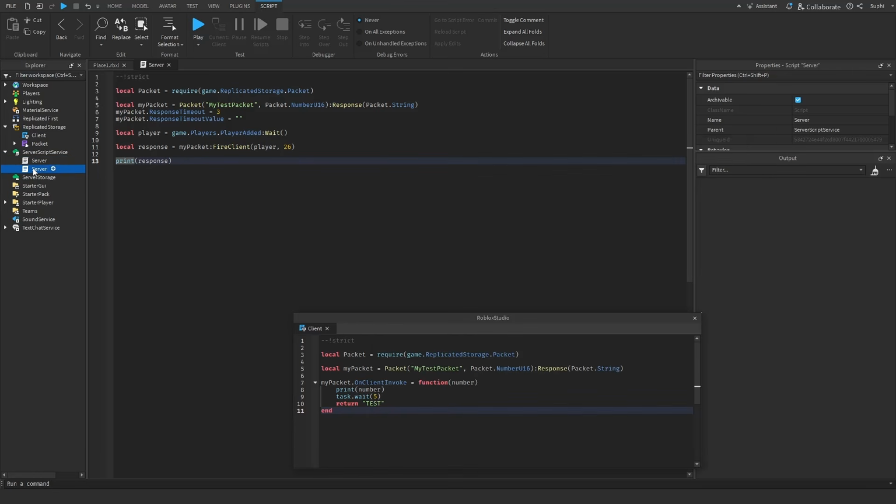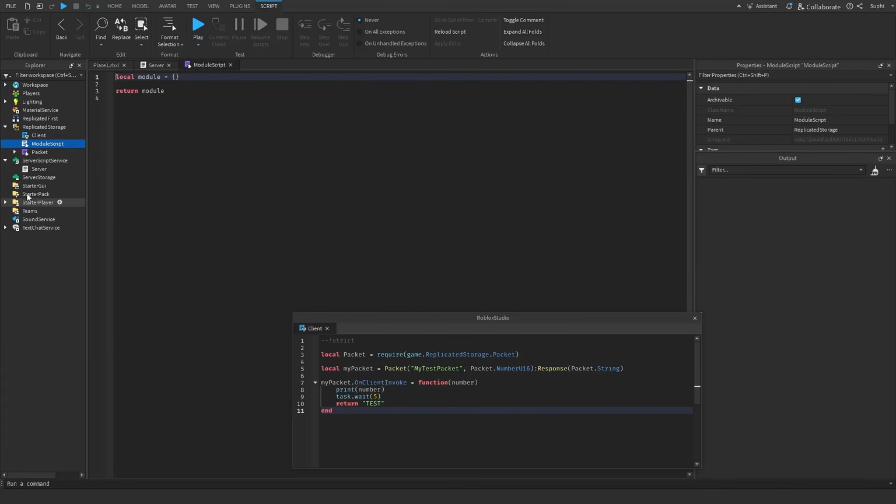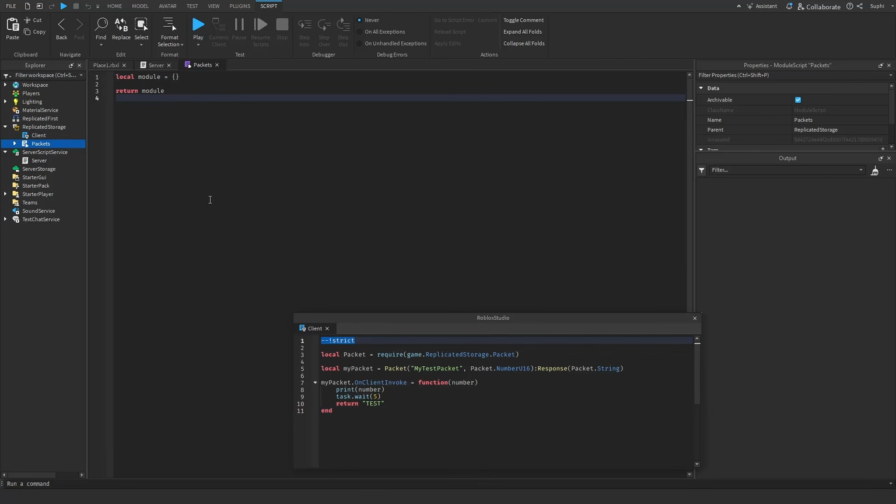So let's first delete this duplicated server script. And inside of replicated storage, I'm going to create a new module script, and I'm going to name this script packets. And then this is just personal preference, but I'm going to put the packet script inside of the packets script. And inside of this packet script, what I'm going to do is I'm first going to make the script strict. Then I'm going to require the packet script,